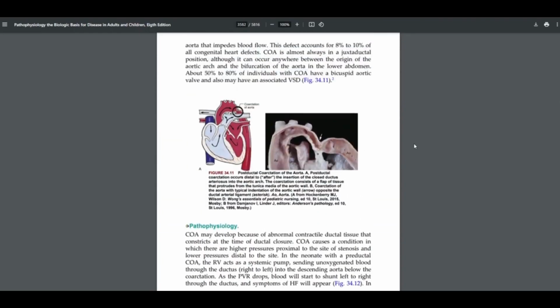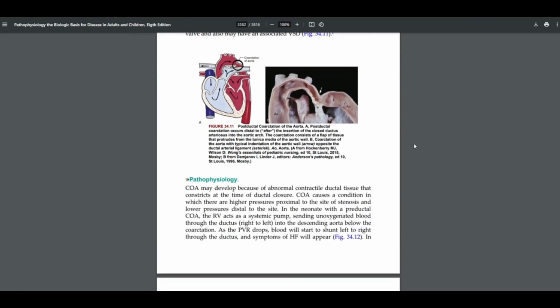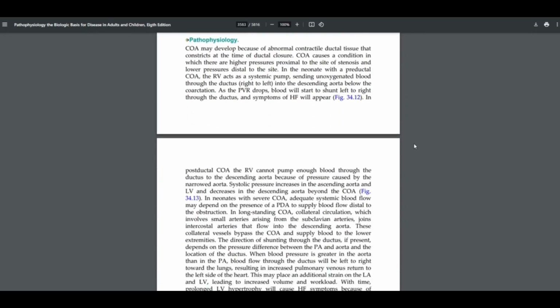So our coarctation of the aorta, our COA, may develop because of abnormal contractile ductal tissue that constricts at the time of ductal closure. COA causes a condition in which there is a higher pressure proximal to the site of stenosis and lower pressure distal to the site. In the neonate with a preductal COA, the right ventricle acts as a systemic pump, sending